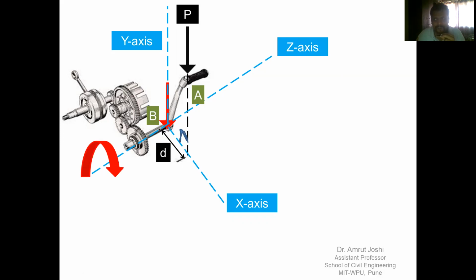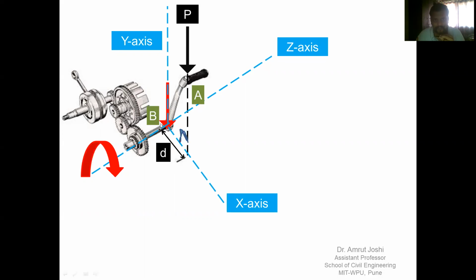So you can perform a thought experiment. Whenever you apply force on a kick, there are two outcomes that you observe. One, the entire vehicle is pushed down and the kick rotates about point B. Let us say the perpendicular distance between point B and line of action of force P is small d as shown. The question that we are going to ask is, what is the effect of force P applied at A at point B?